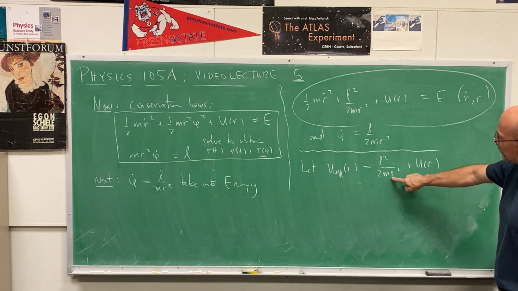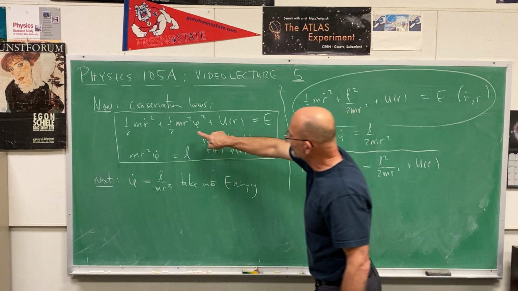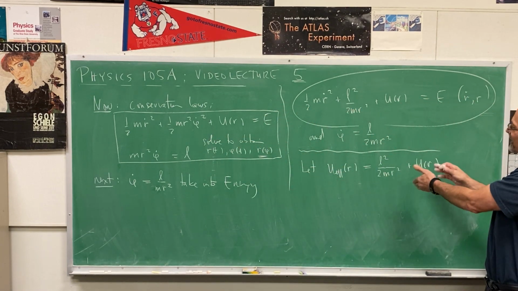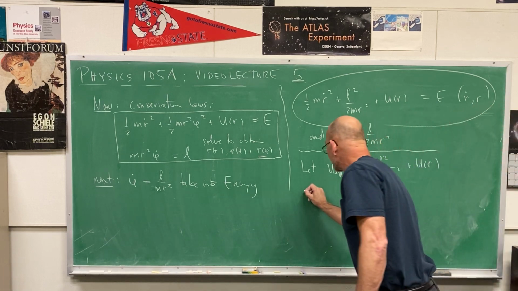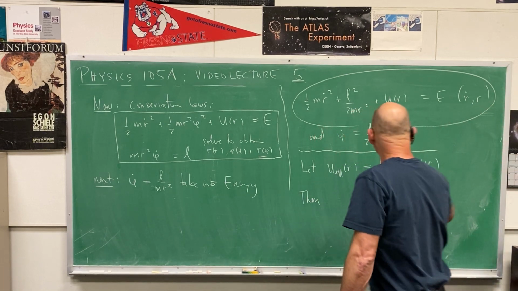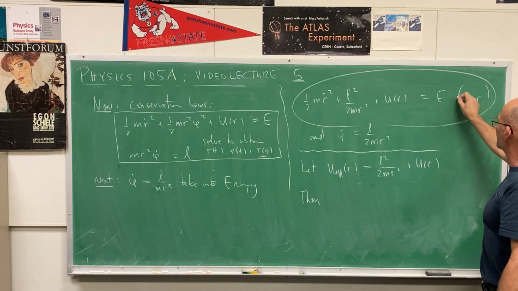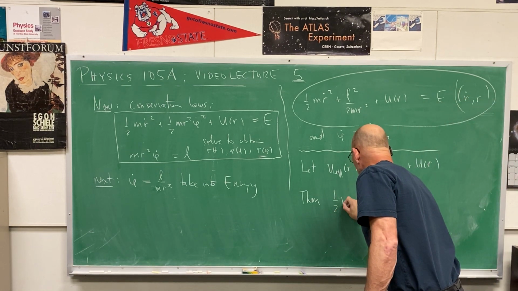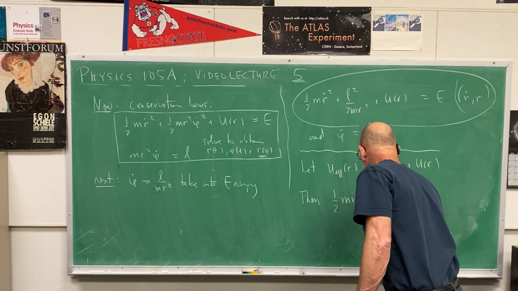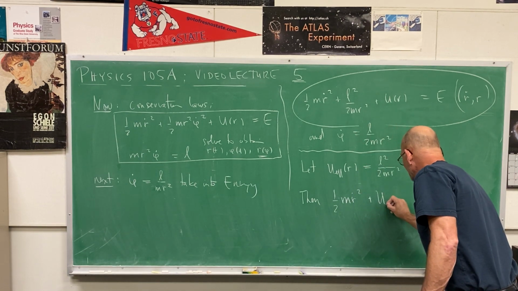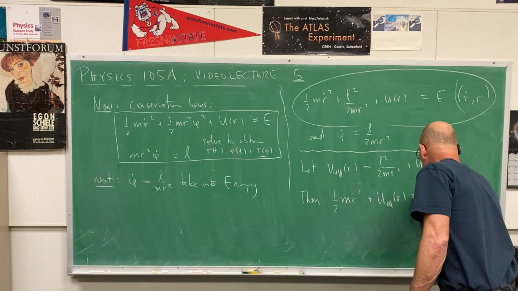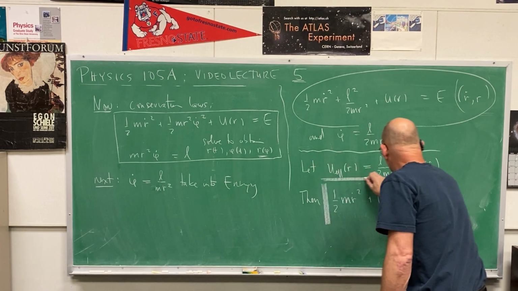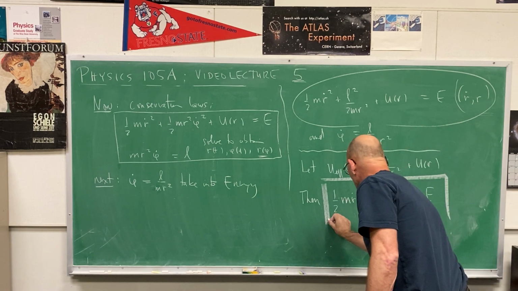Now, this term here, remember, this one came from here. This is part of the original kinetic energy. But right now we're calling it part of a potential energy. Then this expression up here looks like this: 1/2 m r dot squared plus U effective of r is equal to E. Put a box around this important expression,